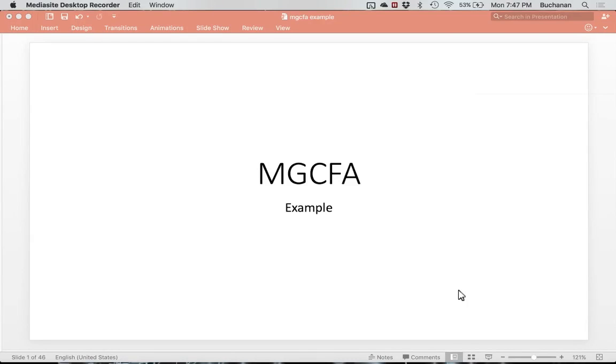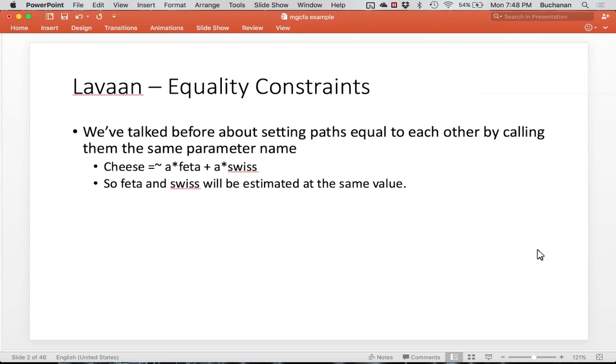Now we're on to multi-group confirmatory factor analysis, and we're going to run through an example. And the data set that you have also would allow you to complete a second example if you'd like. But what we're going to do is look at the resiliency scale. But first let me talk about how this works in Lavaan and cover equality constraints and sort of a warning